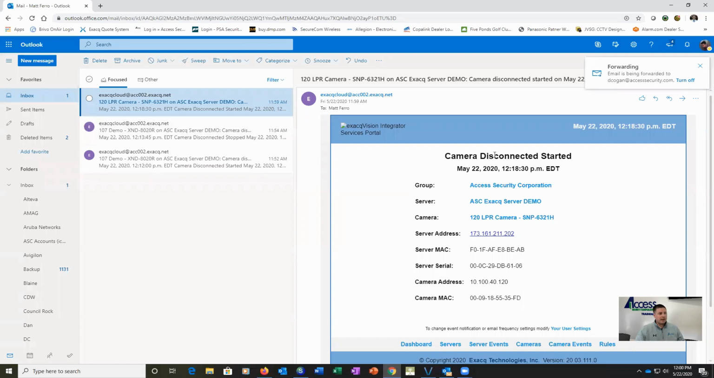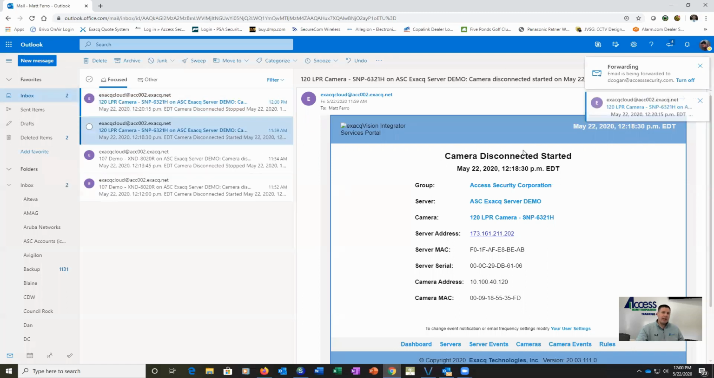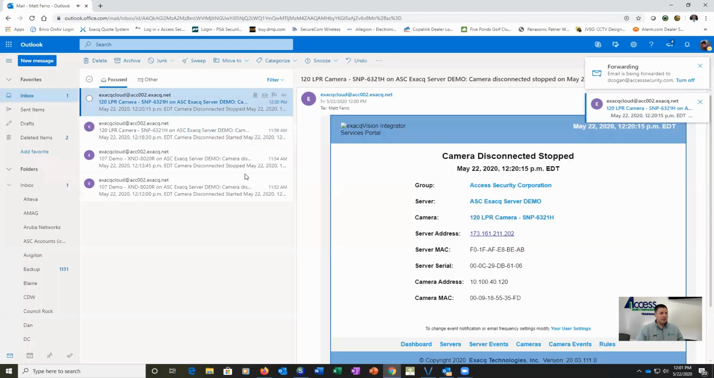So we have our camera disconnect started. Now we're going to get a camera disconnect stopped email coming through to us. Camera disconnect stop, which means basically that video has now been restored to our system. So a very simple, easy way to